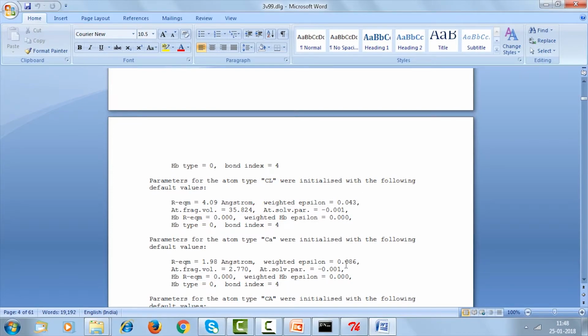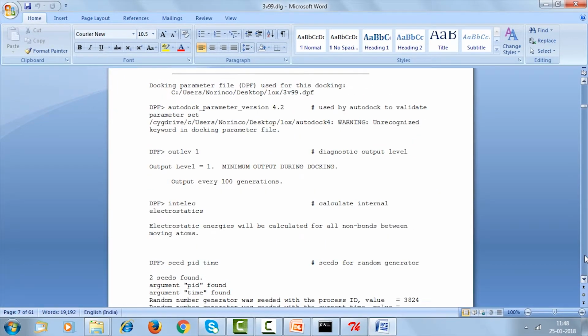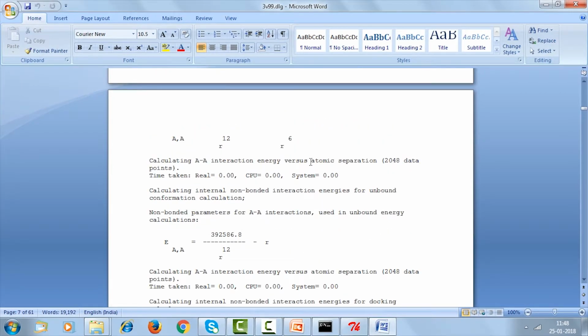That's mostly in the top. And then a lot of parameters that have to be chosen, as you can see here. And then a lot of parameters for the atom. For each type of atom, what type of parameters it is chosen. And then as you go down, it also